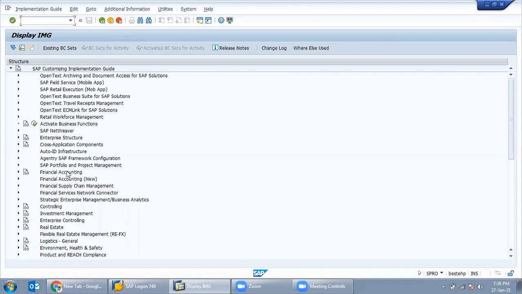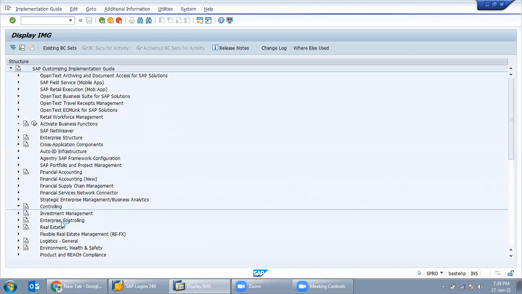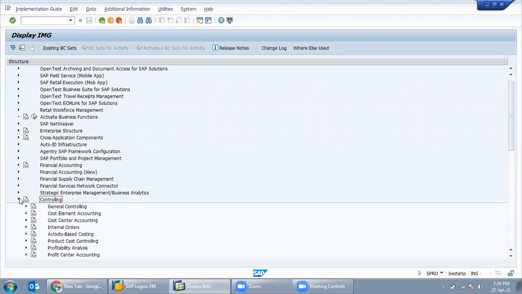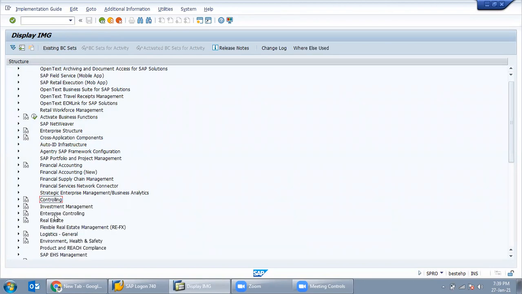These are the nodes. By using these nodes, each and every consultant should do the configuration from there. Like finance accounting, if I see a consultant doing the configuration, they can do it from here. For controlling, there is a configuration of controlling, by dropping down this node, and they do the configuration accordingly. So each and every module has its own nodes for configuration. But SAP is integrated with each and every module in some transactions.